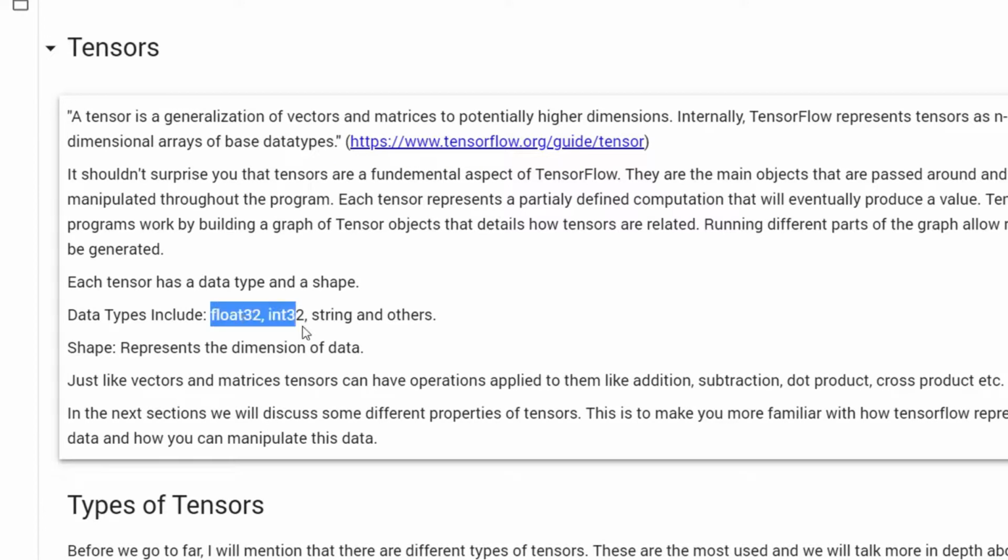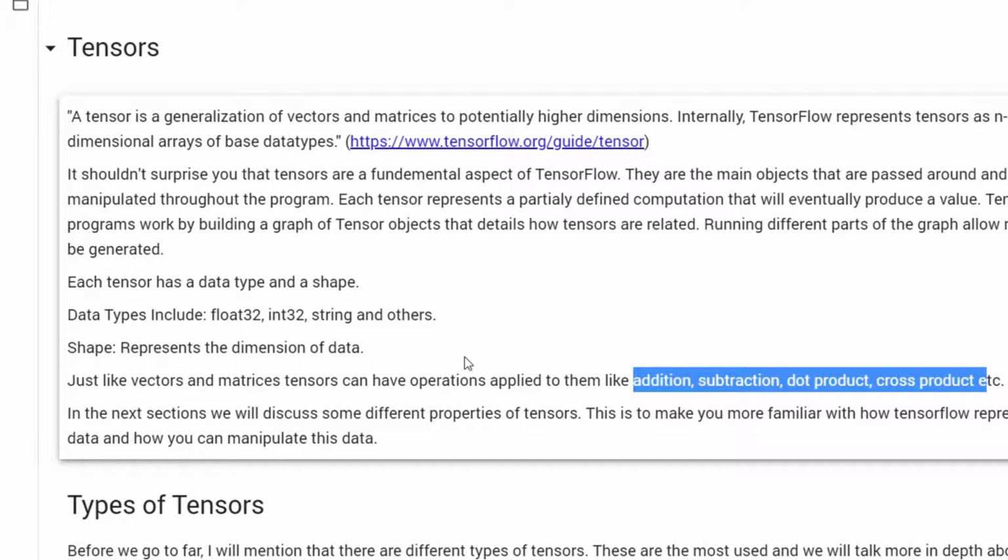It can be int, float, string, and many more. So what is a shape? Shape is the dimension of data. And just like vectors and matrices, tensors can have operations applied to them like addition, subtraction, dot product, cross product, etc. We will see this later on.